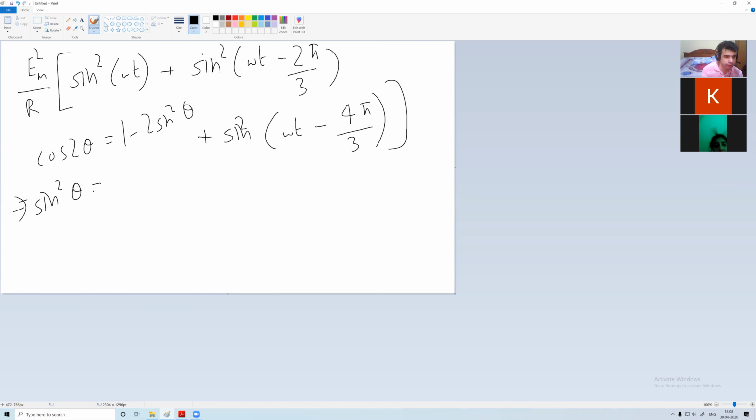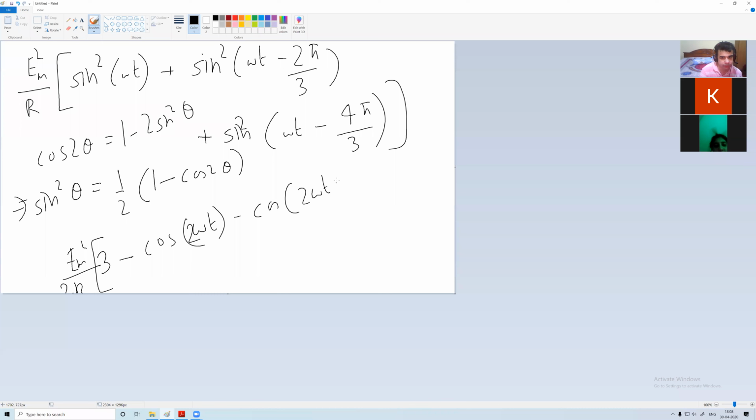Sine square theta equal to half of 1 minus cos 2 theta. So let us use this formula. So total power is Em square by 2R times 3 minus cos 2 omega t, minus cos 2 omega t minus 4 pi by 3,